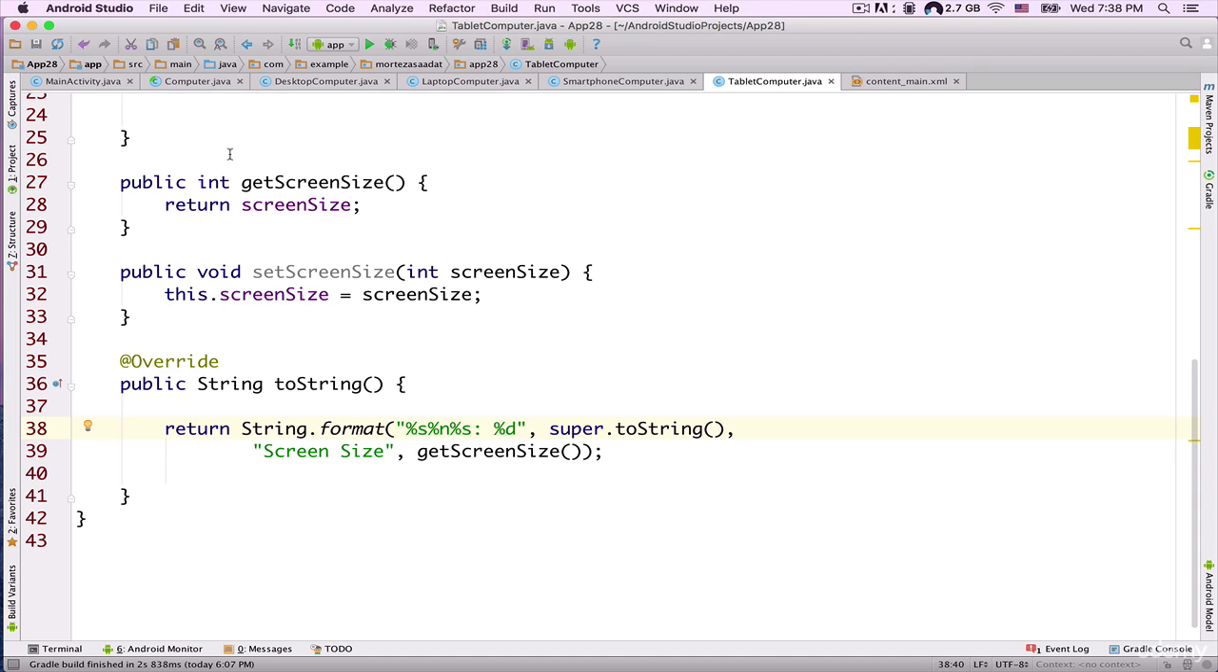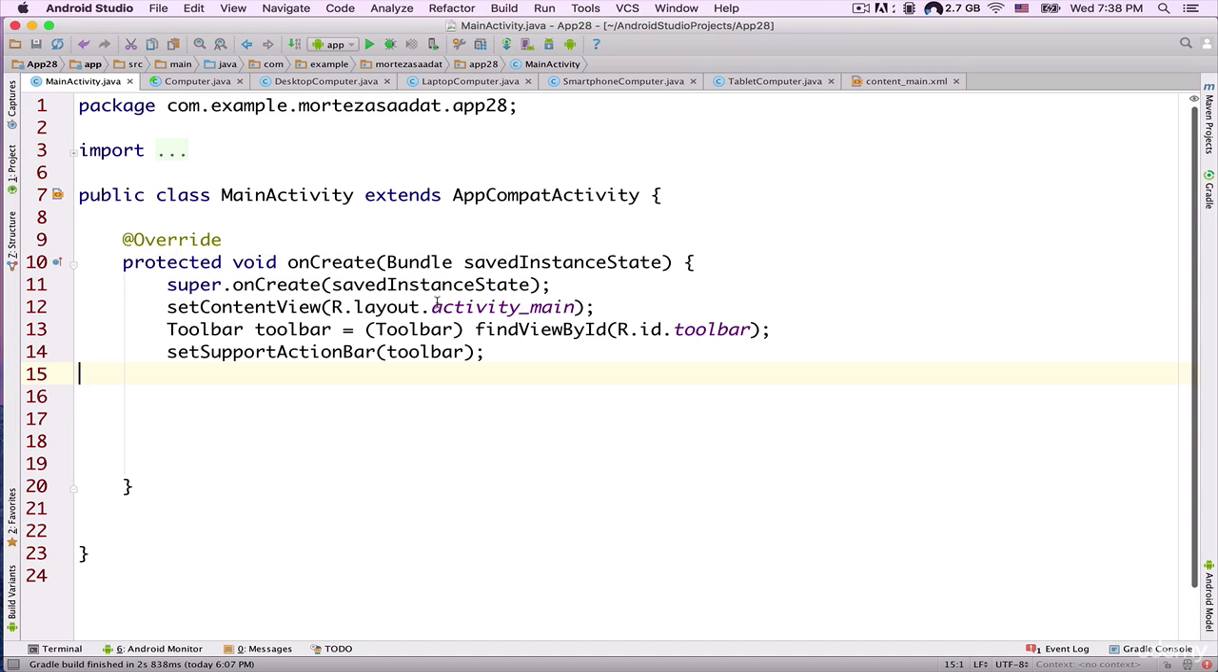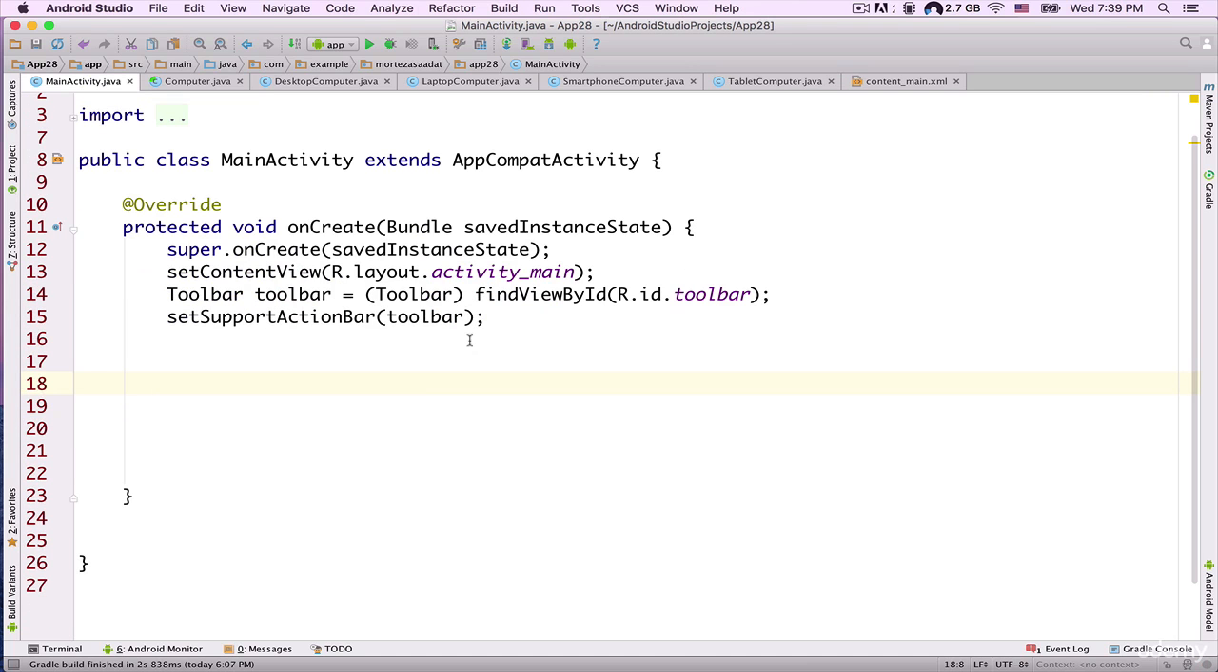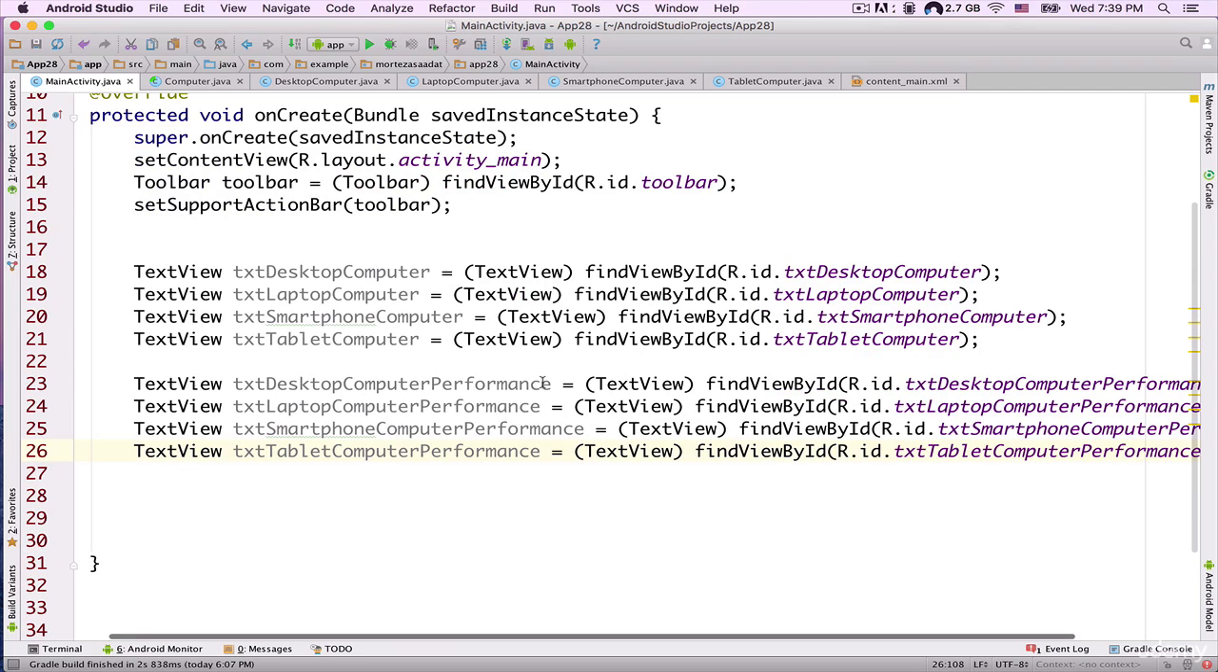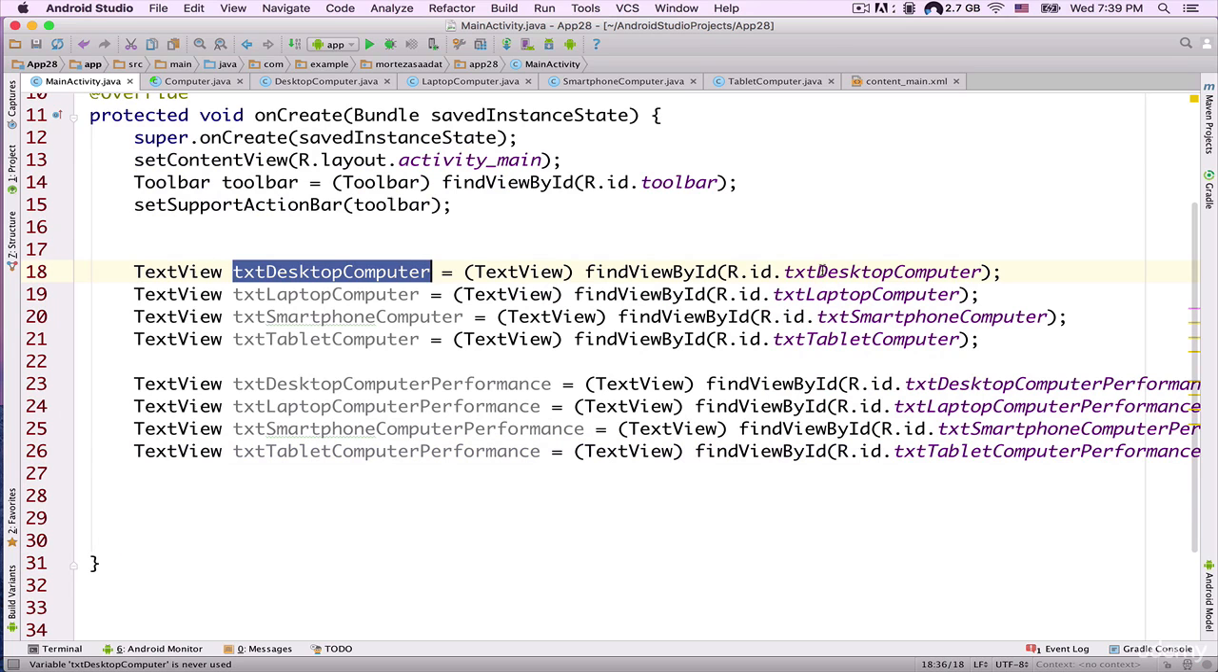And now let's go back inside this MainActivity.java file, and put in some lines of code. Inside of this onCreate method, let's create some objects from the TextView class. As you can see, I created some objects from this TextView class: txtDesktopComputer, and here I referred to the name of this ID, R.id.txtDesktopComputer, txtLaptopComputer, R.id.txtLaptopComputer, txtSmartphoneComputer, R.id.txtSmartphoneComputer,